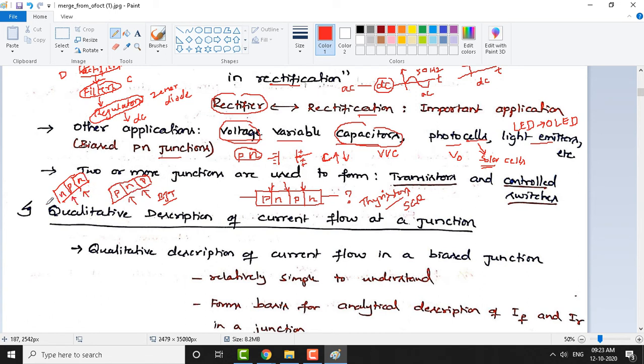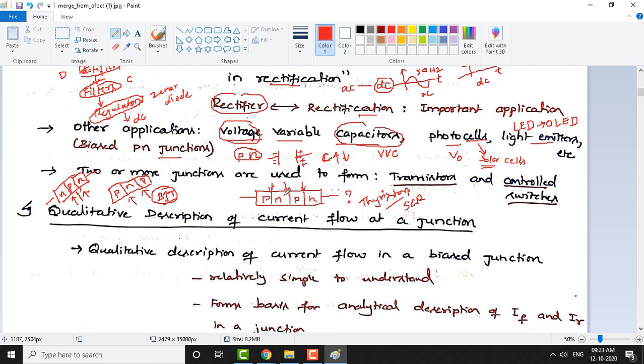So this is a 3-terminal device. For more than one junction, in this case 2 junctions, there are 3 terminals here. This is one of the popular application extensions of the p-n junction. In PNP also, similarly, you can see 2 junctions. Between P and N there is 1 junction, and between N and P there is another junction. So you can manufacture transistors using the p-n junction theory.